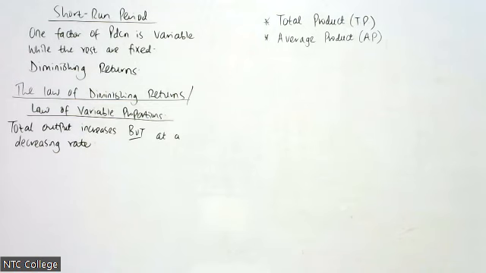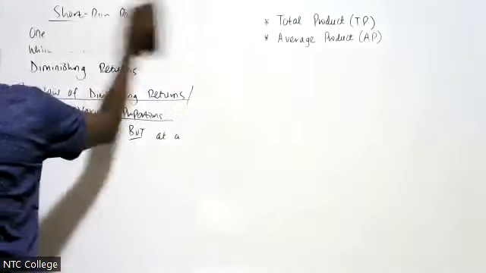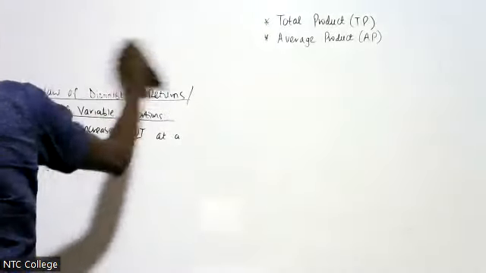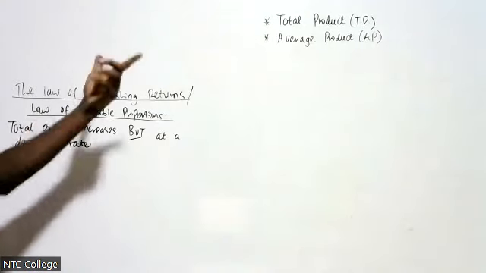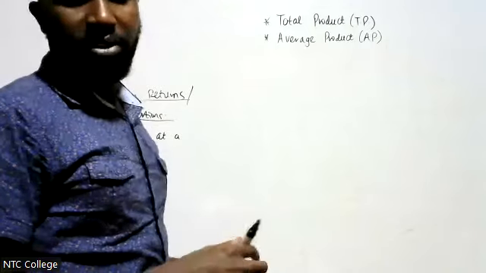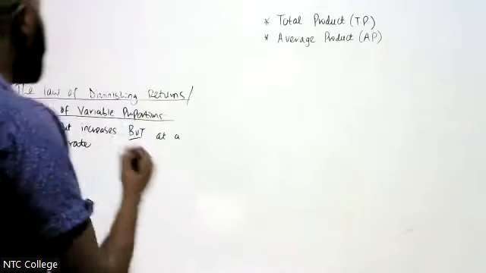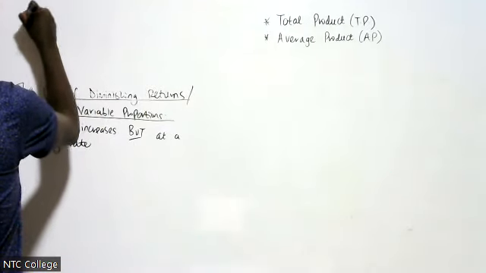Remember that this is total product. This is total product per unit of a variable factor. And just to enable you to understand the formula, this is total product per unit of a variable factor. So when you're talking about it in terms of a formula, we say that average product